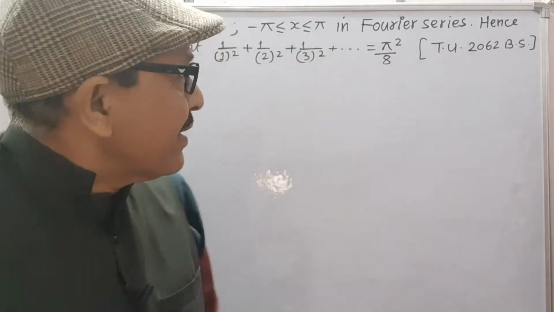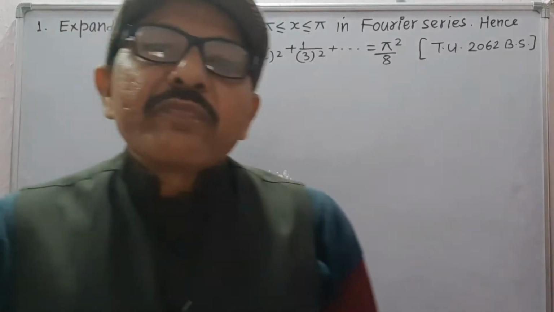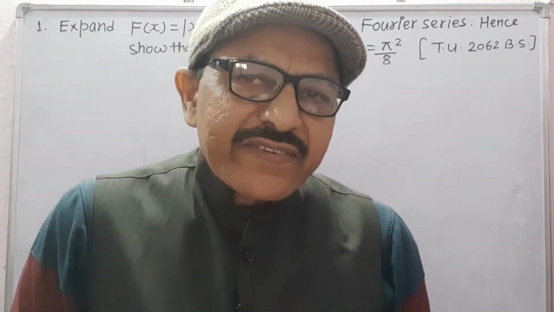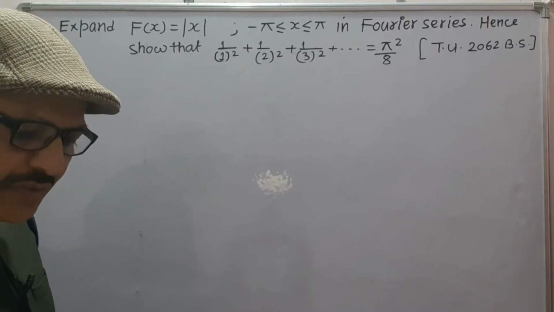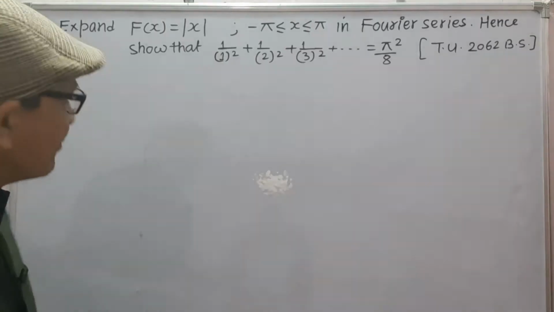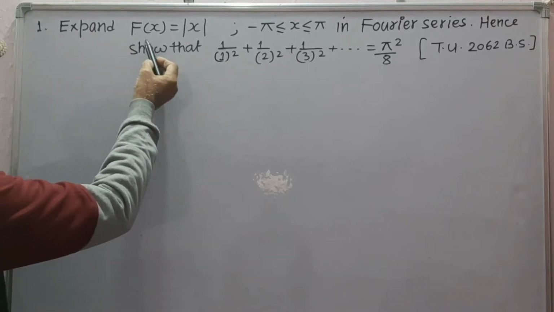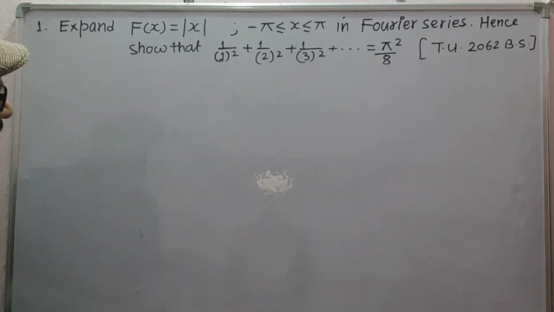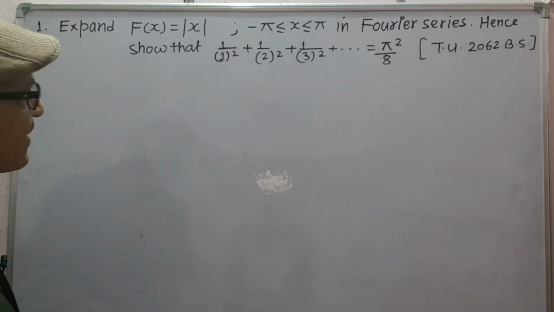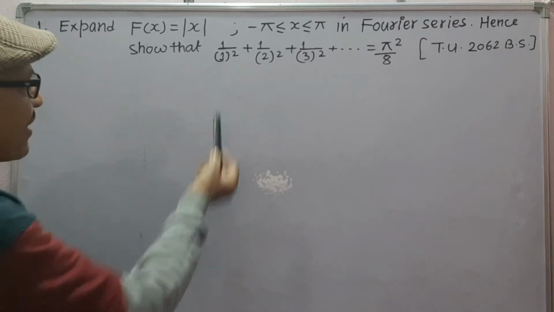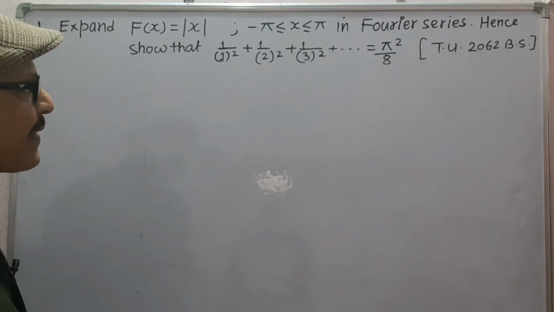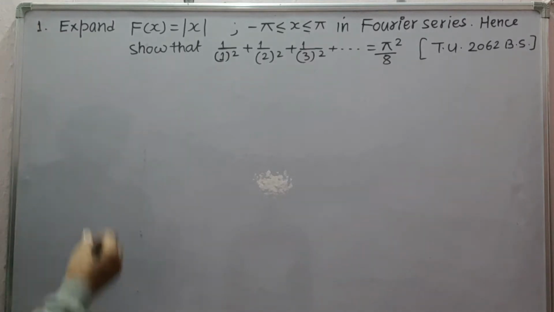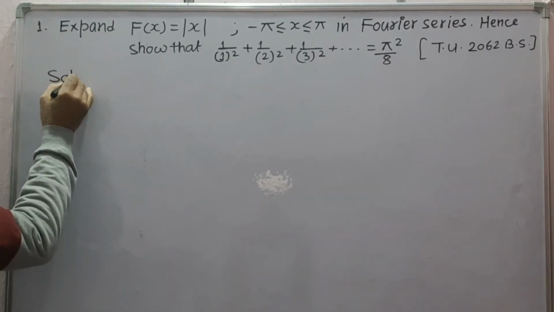Hello dear students, today we will take some more problems based on Fourier series. First problem is expand f(x) = |x| from minus pi to pi in Fourier series, hence show that 1/1² + 1/2² + 1/3² + ... is equal to pi²/8. Its solution is,